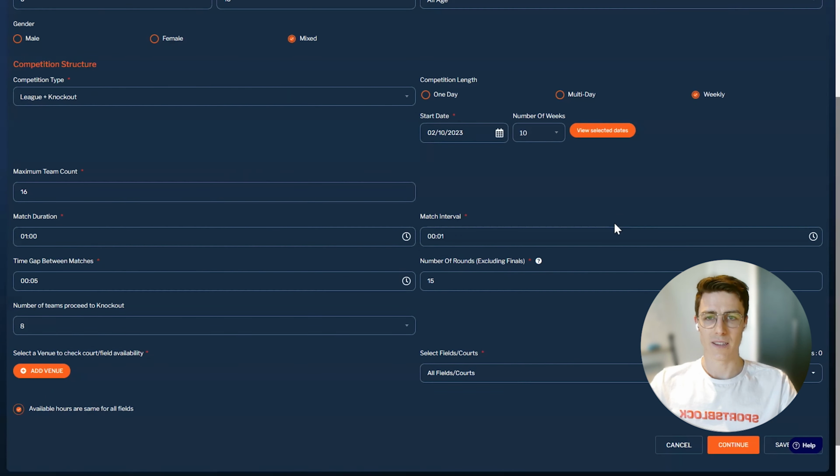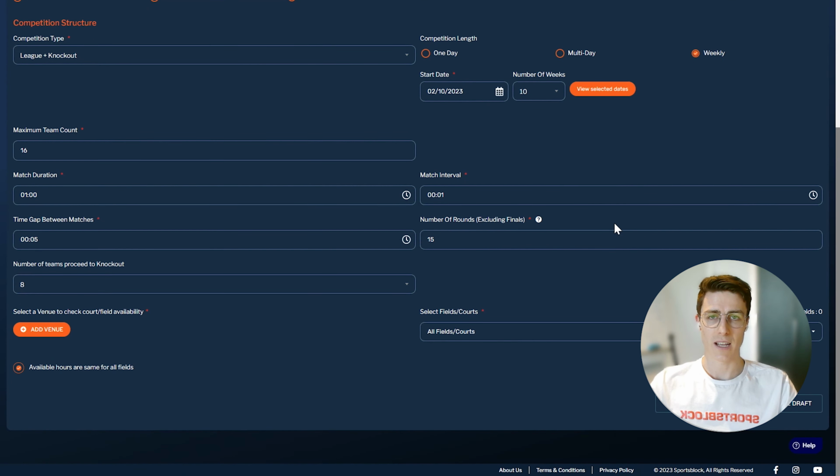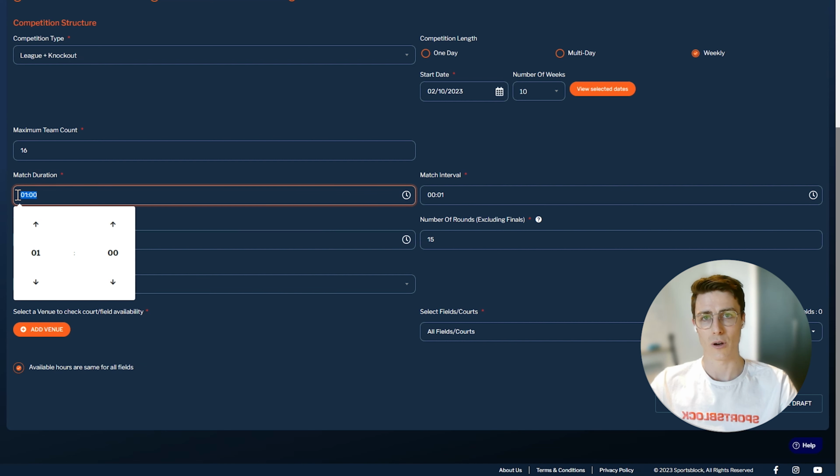Now, as I mentioned earlier, this is just the early stage competition setup, so we don't need to worry too much about teams or the schedules, but we will set a number that's a lot higher than we're expecting to get so that we can accommodate additional teams if they do end up registering. But if you've got limited availability with grounds especially, you can really use this part of the system as a way to cap your registrations and make sure that you do stay in the right number of teams that you